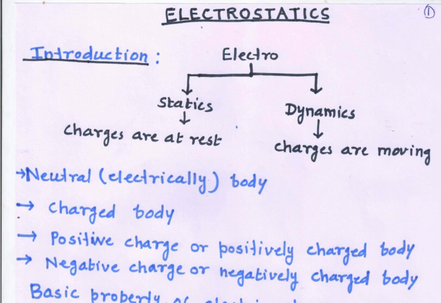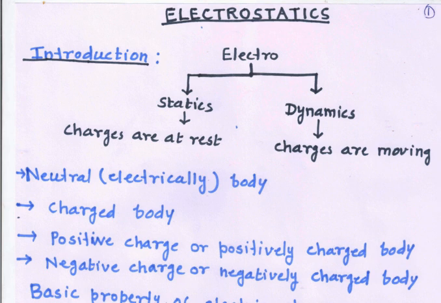So to express the charge, we require the unit and the sign also. If you want to say it is positively charged, you write it with the plus sign, and the unit is coulomb. If 3 microcoulomb charge is given, you have to express whether it is plus or minus. If plus 3 microcoulomb charge is given, it means that electrons are removed from the given material body. If the charge is minus 3 microcoulomb, it means that electrons are added to the material body. This is why the charge must be represented along with the sign.